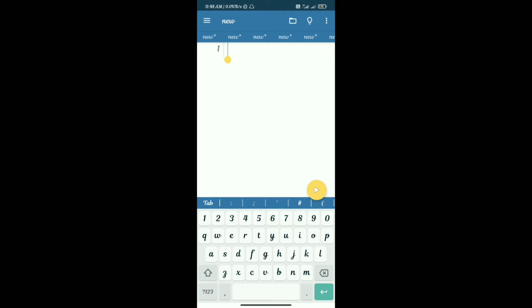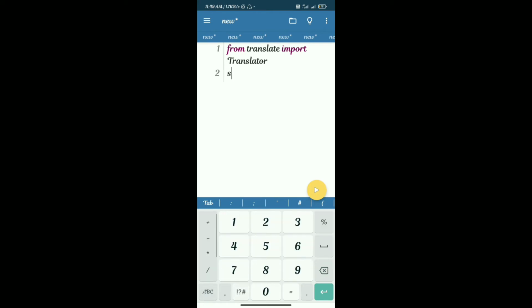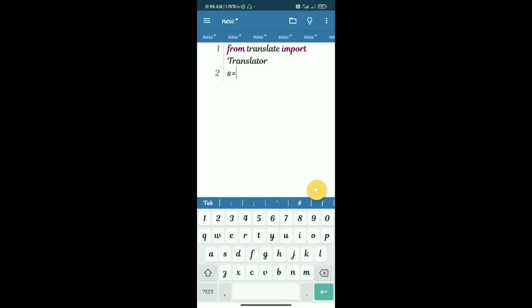First of all we have to write from translate import Translator. The T is capital here, and after that we move to the second line, in which we have to mention the languages we want to use. So we have to again write the Translator.